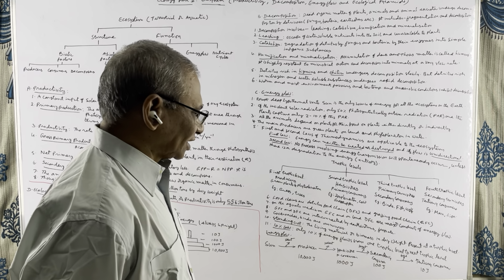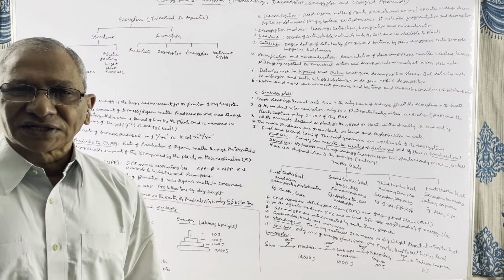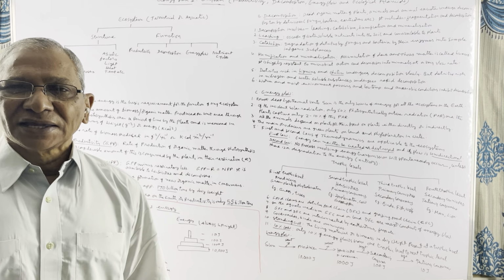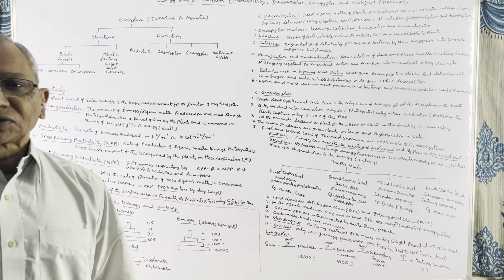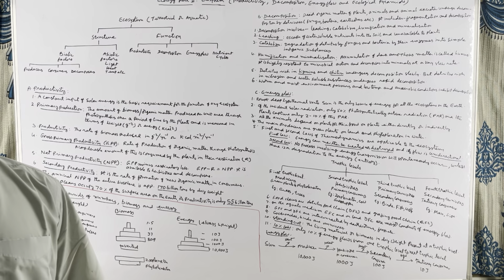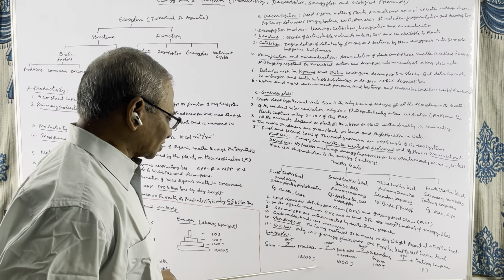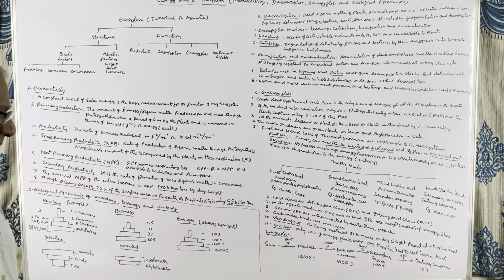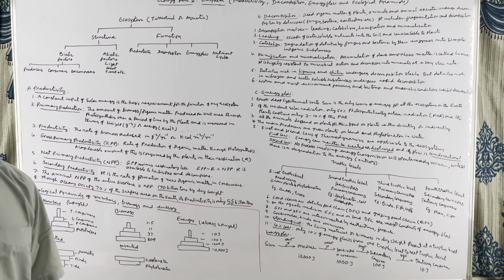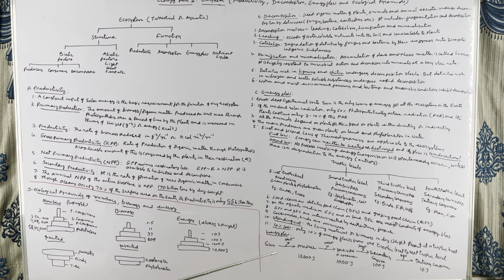In this way, at every level, an enormous amount of energy is lost, and only 10% of the energy present in a particular trophic level is transferred to the next trophic level. In this fashion, energy is lost continuously throughout the food chain. And this lost energy cannot be recovered. It is lost to nature forever. That is about the 10% law.